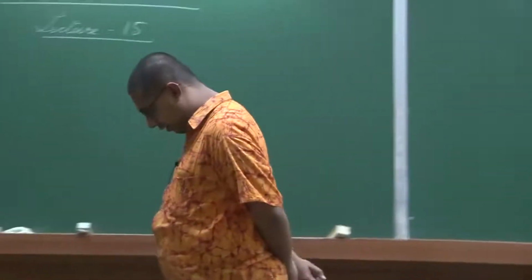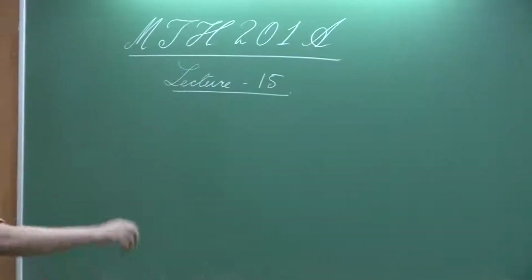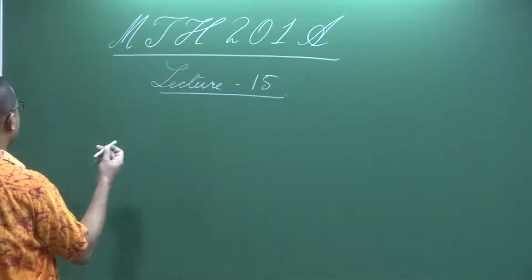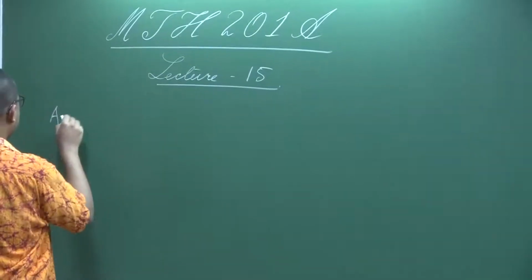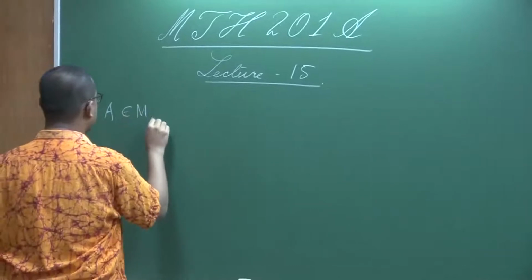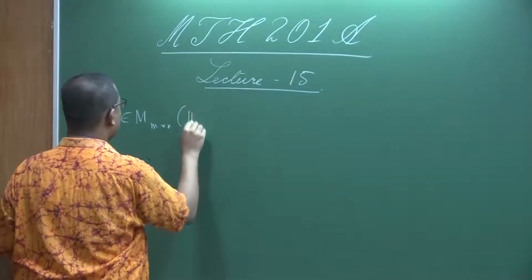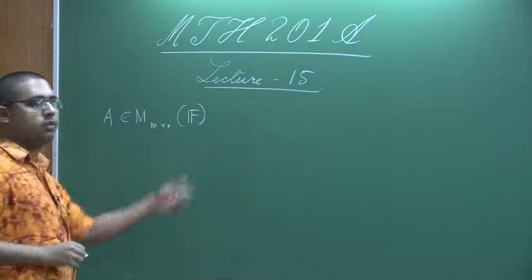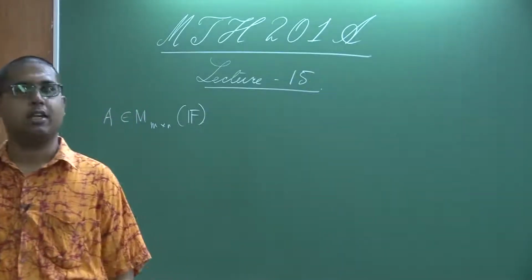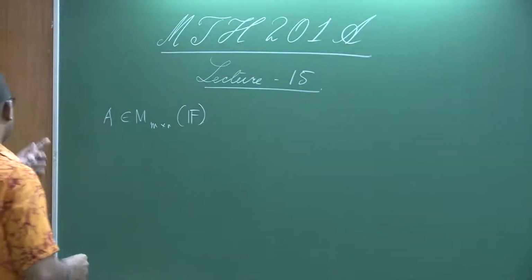This is the 15th lecture of this course. So, recall that in the last lecture we discussed the following, that given a matrix M by N over F, where F stands for, as I have said in the beginning, either Q or R or C, given a matrix,